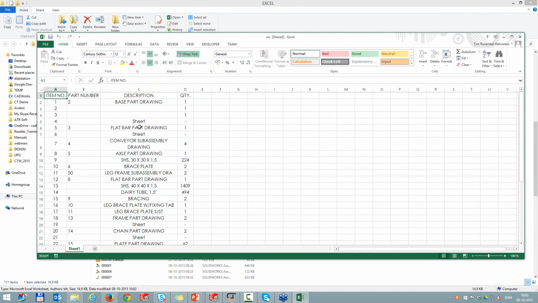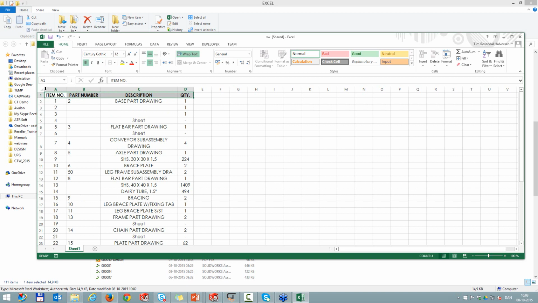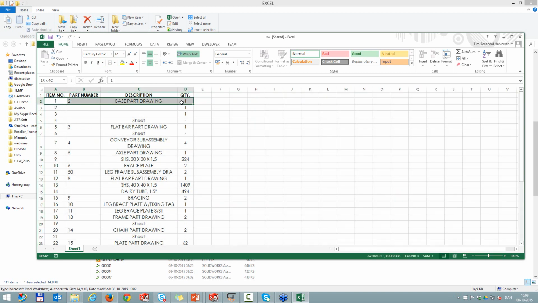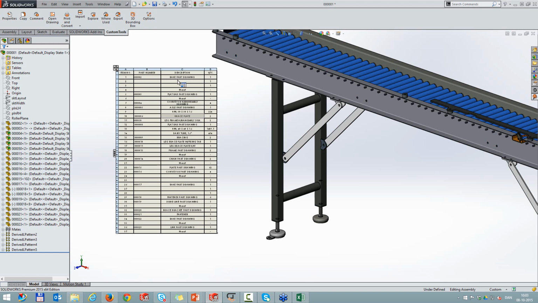And it's not really pretty. So what you would do now is most likely you would manually begin to add bold to these ones, and maybe you would change the text font. You would maybe clear or set some background coloring for the different levels in here to really understand where you are, if that's an assembly and that's a sub-assembly. But really there is a lot more simple way of doing this and making the output file a lot more uniform. So let me just use the custom tools export